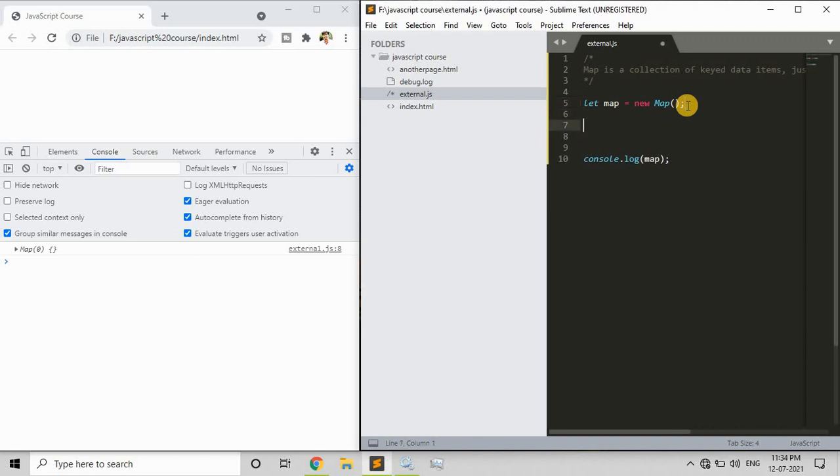We have got a method to add an element or elements to the map. All I've got to do is map.set. Set is a method, and to this set method we need to pass two parameters. One is the key, which is 1 in this case, and the value, I'll say Hanok. If I refresh, wow, we got the key as 1 and the value Hanok, which is a string. The key is a number, and I can also have a boolean over here, and we got the boolean.